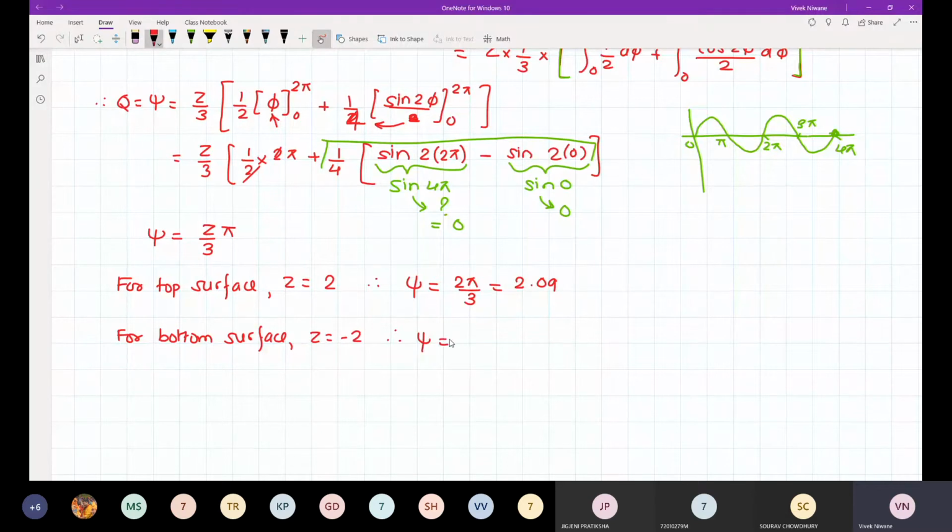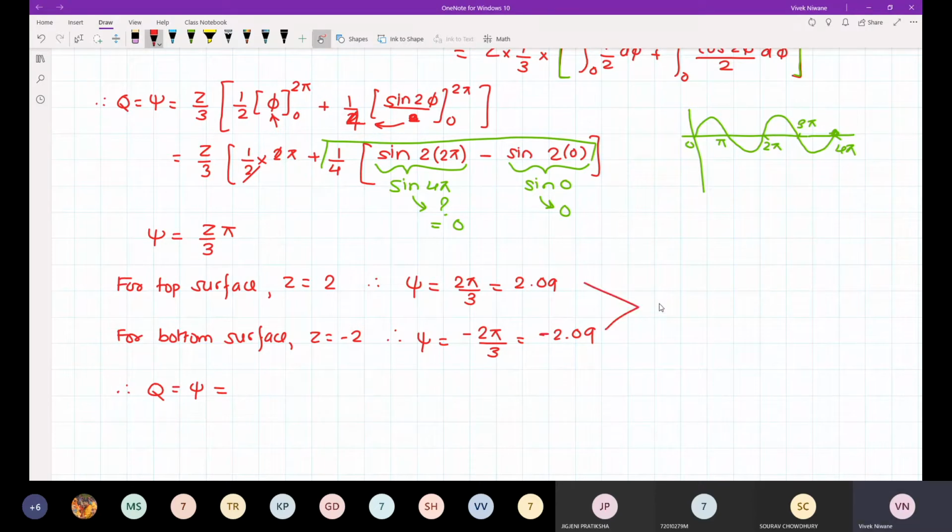Therefore, psi is equal to -2 pi by 3, and that will be minus 2.09. Okay. So therefore, the total amount of charge, that is the total amount of flux lines enclosed by the given surface,